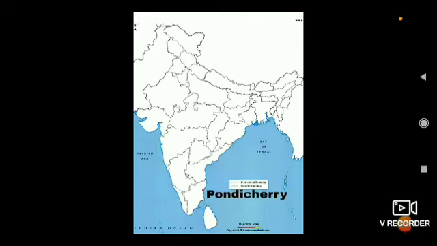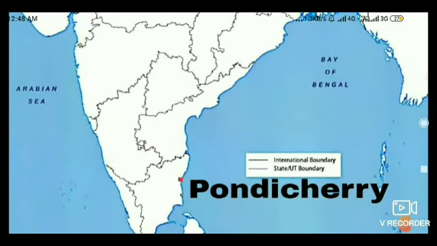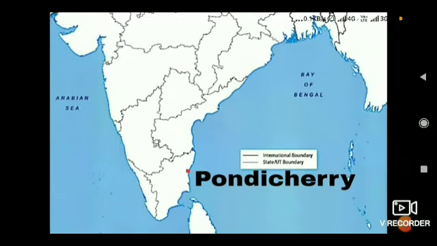You have to draw the plus symbol and write north, south, west and east. And then just write key, and this is how it is written here. Can you see? So here what we are doing is marking a dot, representing the capital of the Union Territory. So here in the key you need to mark a dot using a red sketch pen. Then you have to write it as capitals. Okay, that is enough.